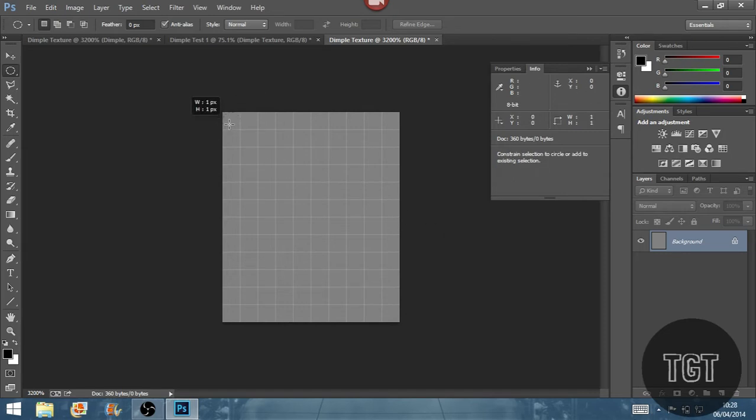By holding Shift, and from the top corner, I'm going to wait until it says 4x4. It keeps doing that for some reason. 4x4, as you can see, width 4 pixels and height 4 pixels. So now we've done that, we're going to go to